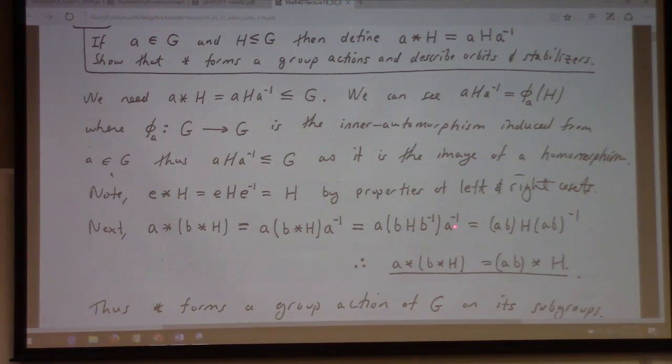A B H, B inverse A inverse. But then by the sock-shoes property and also just the way cosets multiply on the left and on the right, we have this. And so there you have it. That's axiom 2. There's axiom 1 up here. So it's a group action. And